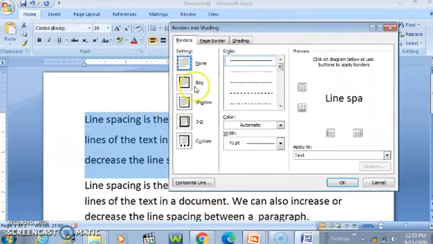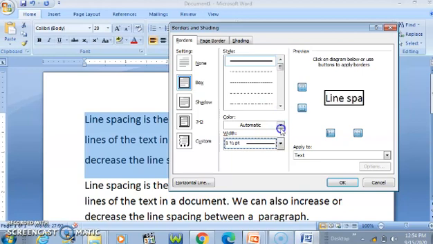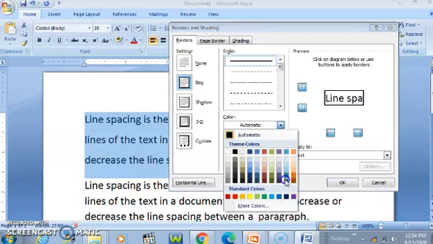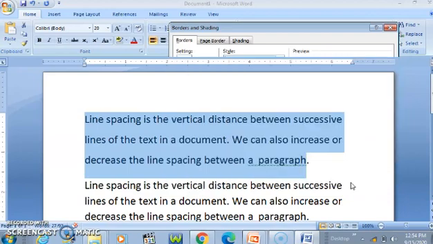Okay, click on the box here and your text will get border like this. If you want to change its width, you will be able to change its width also. If you want to change the color of the border, you will also be able to change the color of the border that you want. And then click on OK.